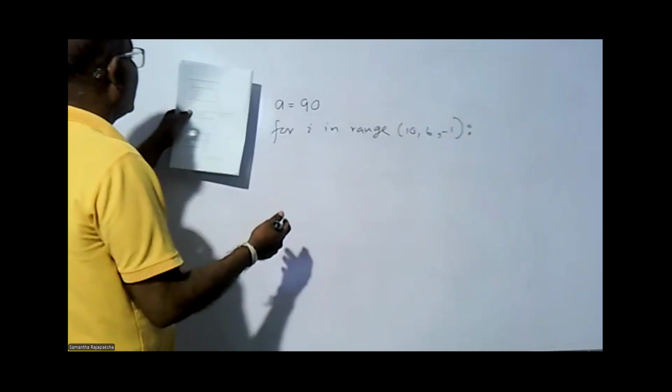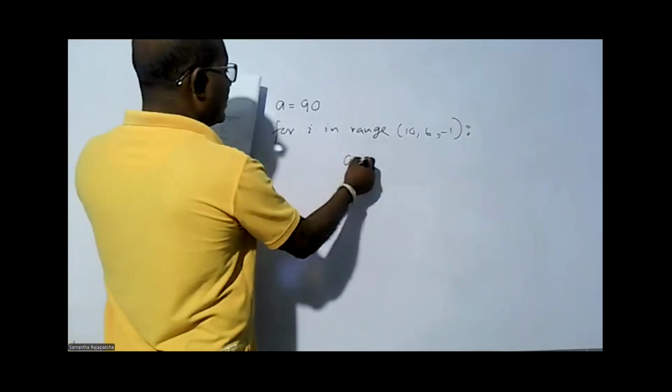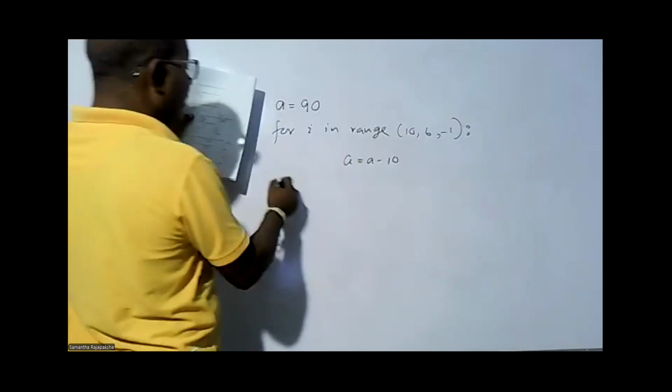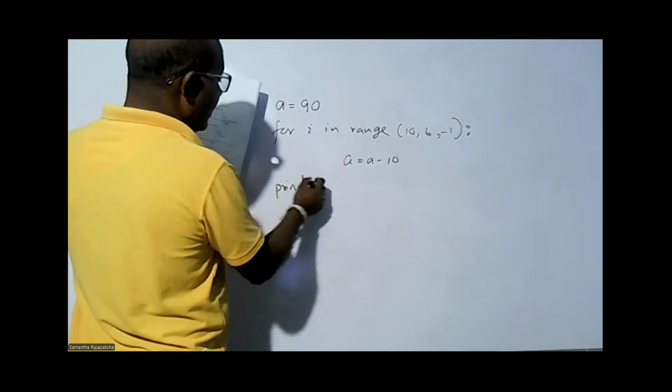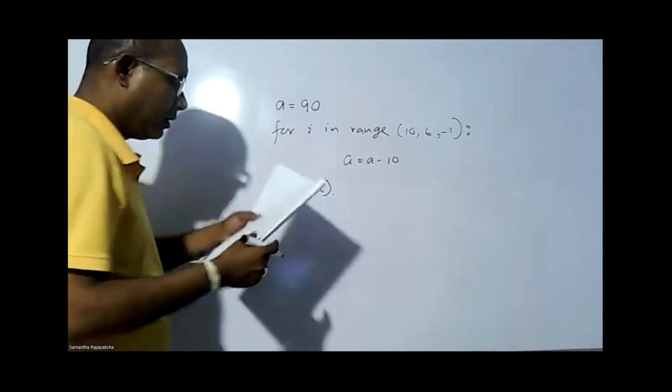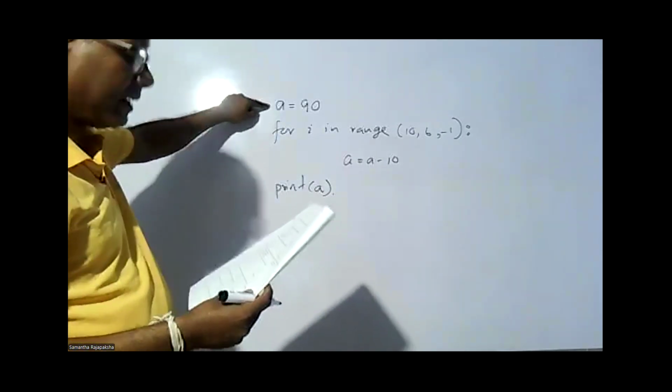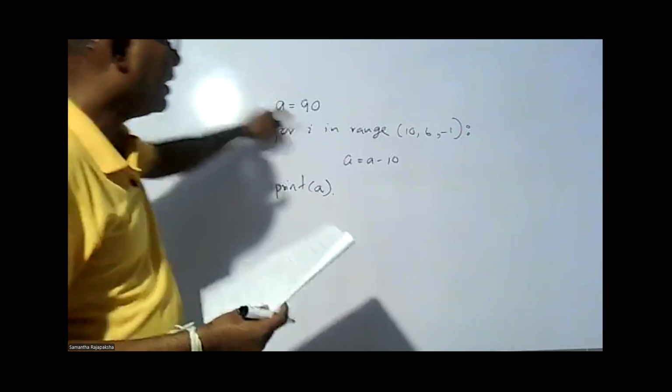That is how you write the function. After finishing the function, we print A. You're asking what is the output here. Now remember, A is initialized to 90. The meaning of this one: